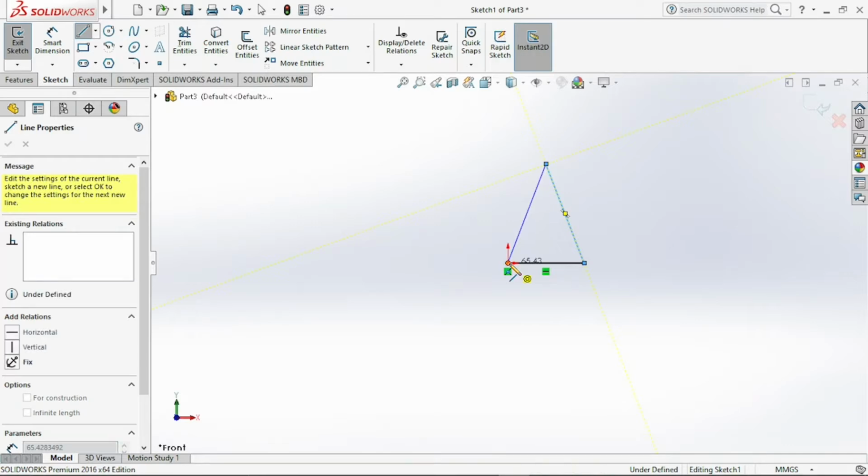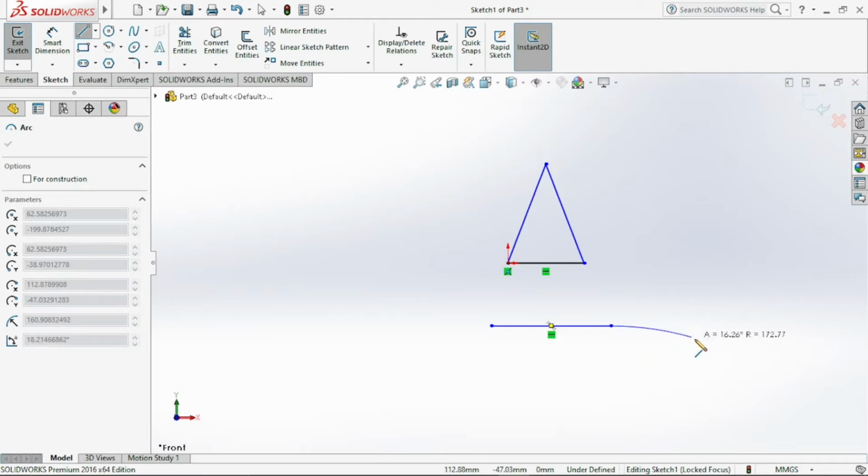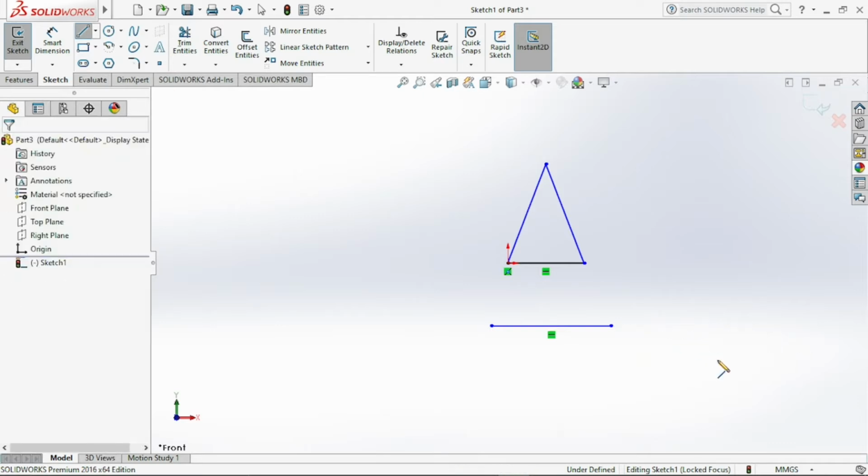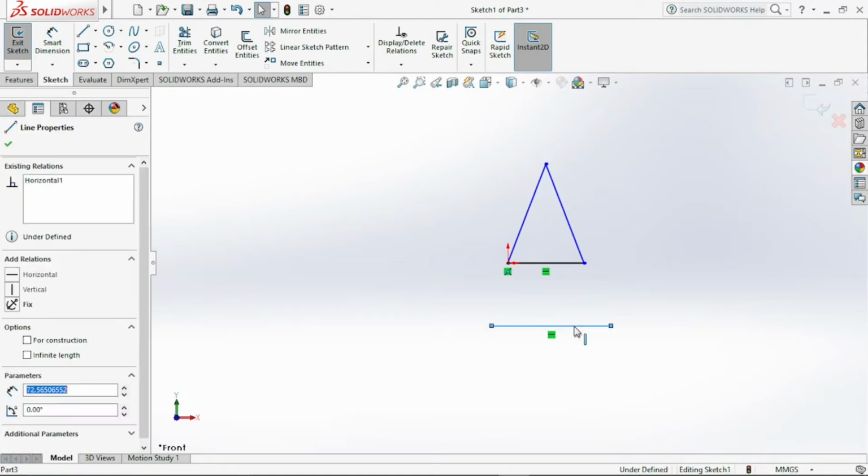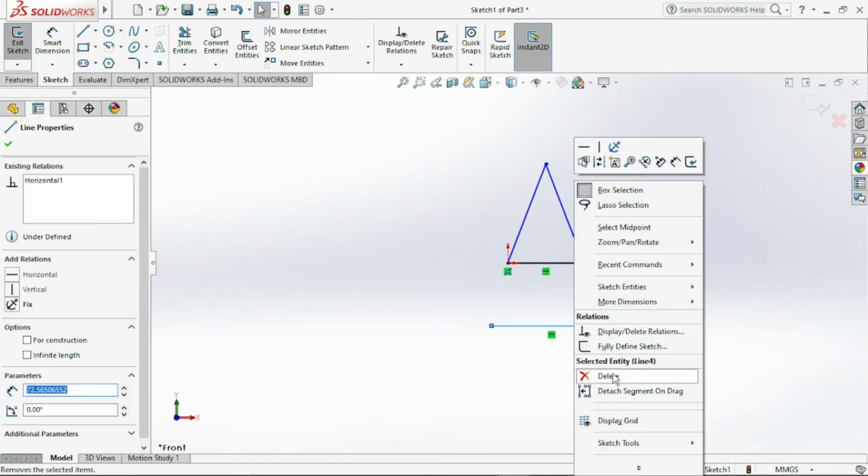Always get one thing into your head: a line will end in a closed boundary. Closed boundary meaning, if you have an open end, the line will go on. If you want to delete a particular line, you just have to right click on it, then click on delete.